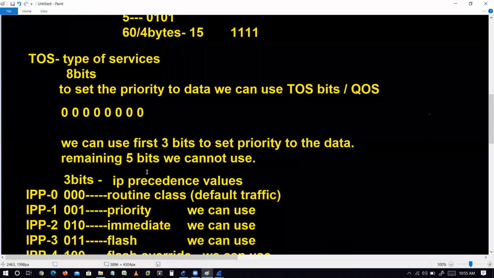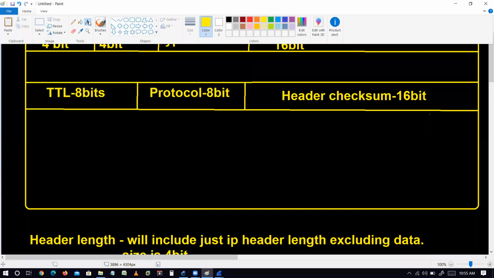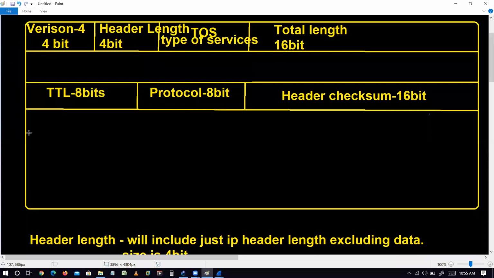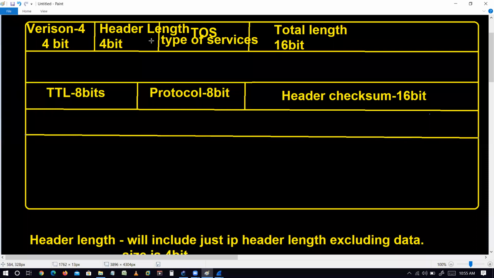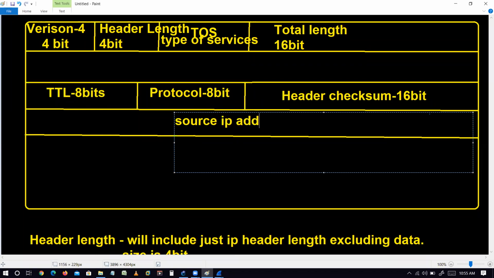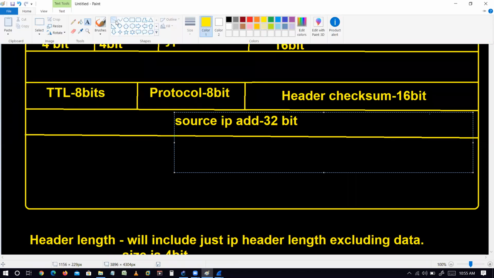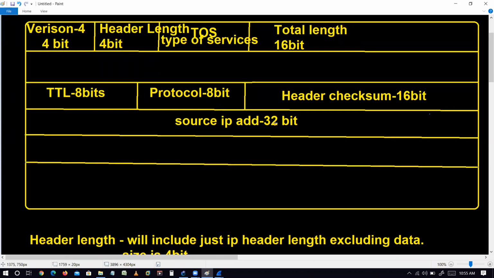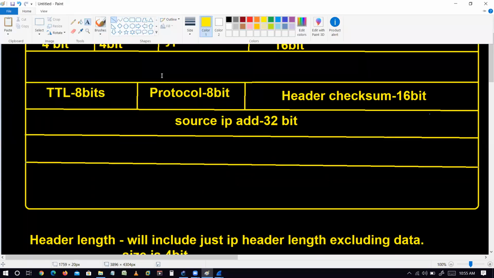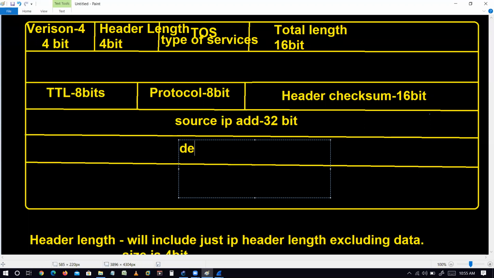Okay, now the next thing we have is the source IP address. The size will be 32 bits. About the IP addresses, we'll discuss later, okay? Whenever a device creates a packet, it will add the source address, right? And then it will add a 32-bit destination IP address. Correct?